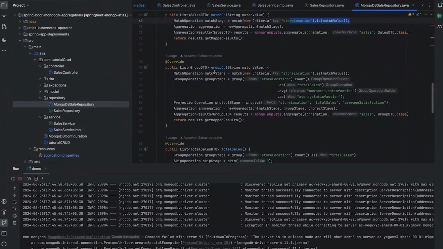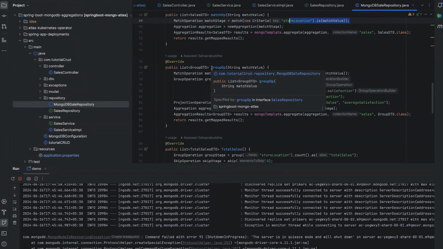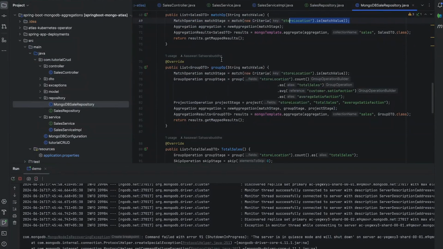The second API that we are writing here is the group operation. What it does is group all of the data based on the store location, and then based on the store location, it calculates the total sales and the average customer satisfaction, and then projects all three things together.